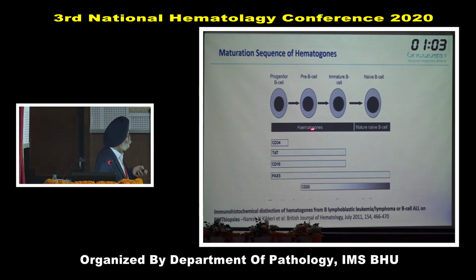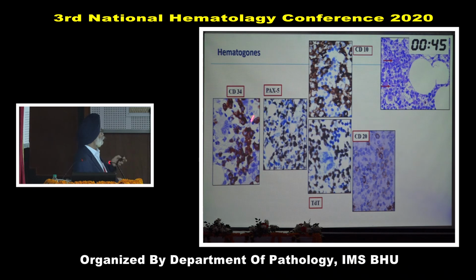Because the hematogones are regenerating normal cells, normal lymphoid cells. So they start with something like lymphoblasts. So the markers like CD34 and TdT are positive in the initial phases, and then they become mature B cells, and then the CD20 positive comes. Now these are the hematogones,